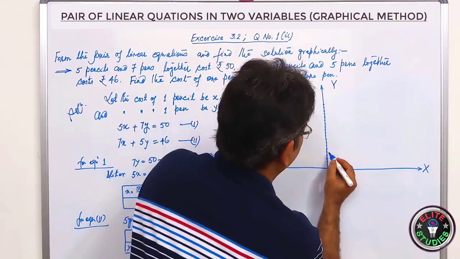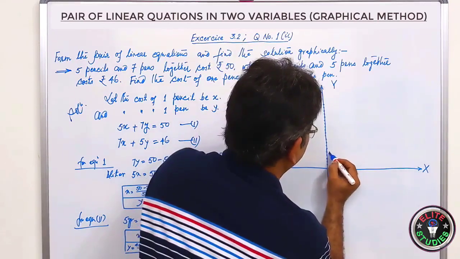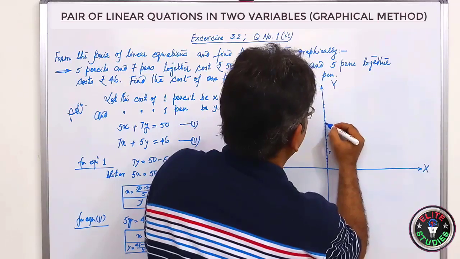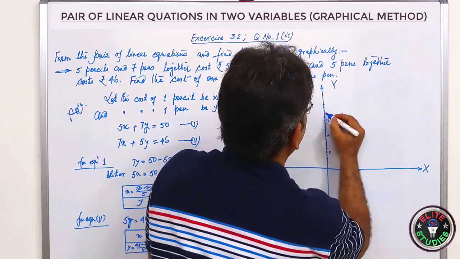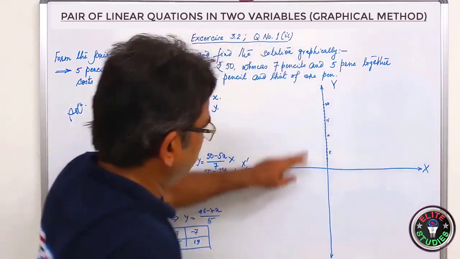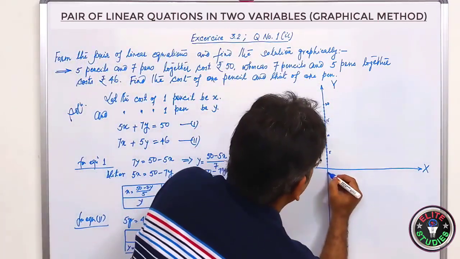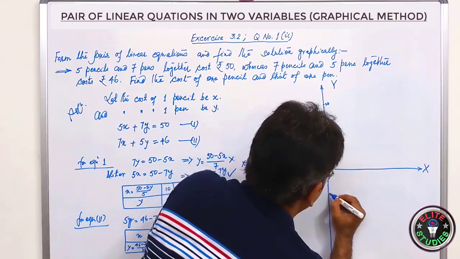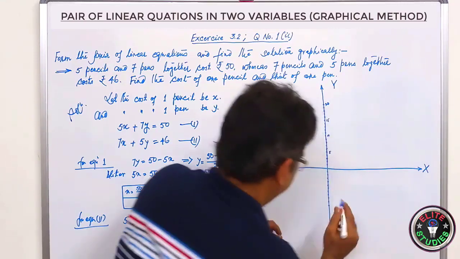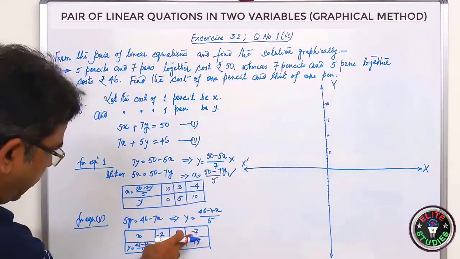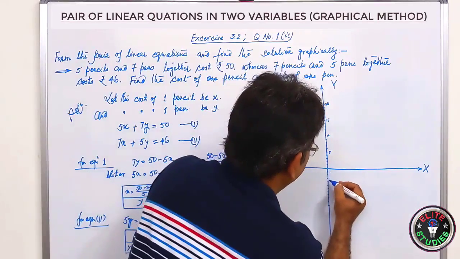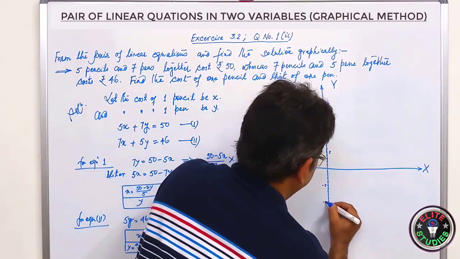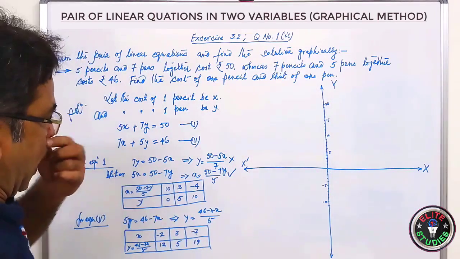So it is 1, 2, 3, 4, 5. This is 5. 6, 7, 8, 9, 10. This is 10. 11, 12, 13, 14, 15. And 16, 17, 18, 19, 20. So like this we have scaled y. Similarly for the bottom one, 1, 2, 3, 4, 5, 6, 7, 8, 9, 10, 11. It's enough. Minus is there up to minus 7 only. So 1, 2, 3, 4, 5. This is minus 5. 6, 7, 8, 9, 10. Minus 10. Like this.